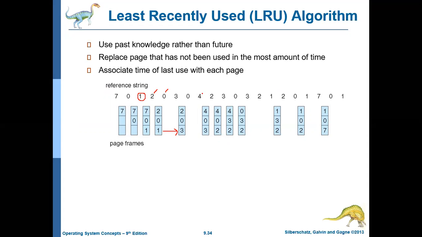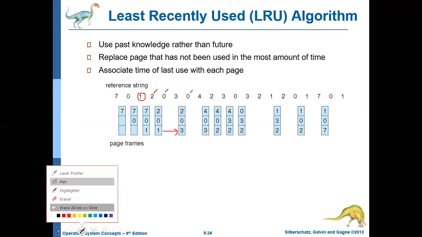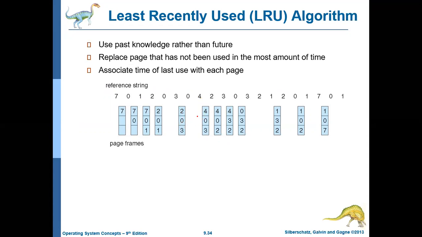Okay. Next is 0. 0 is in the memory, no page fault. Next is 4. 4 is not in the memory, so 4 should replace either 2, 0 or 3. So what should it replace? If you see 0, 0 is the recently used, 3 is the recently used, 0 already came here, and 2 is the one which is least recently used. So 2 will be replaced by 4.